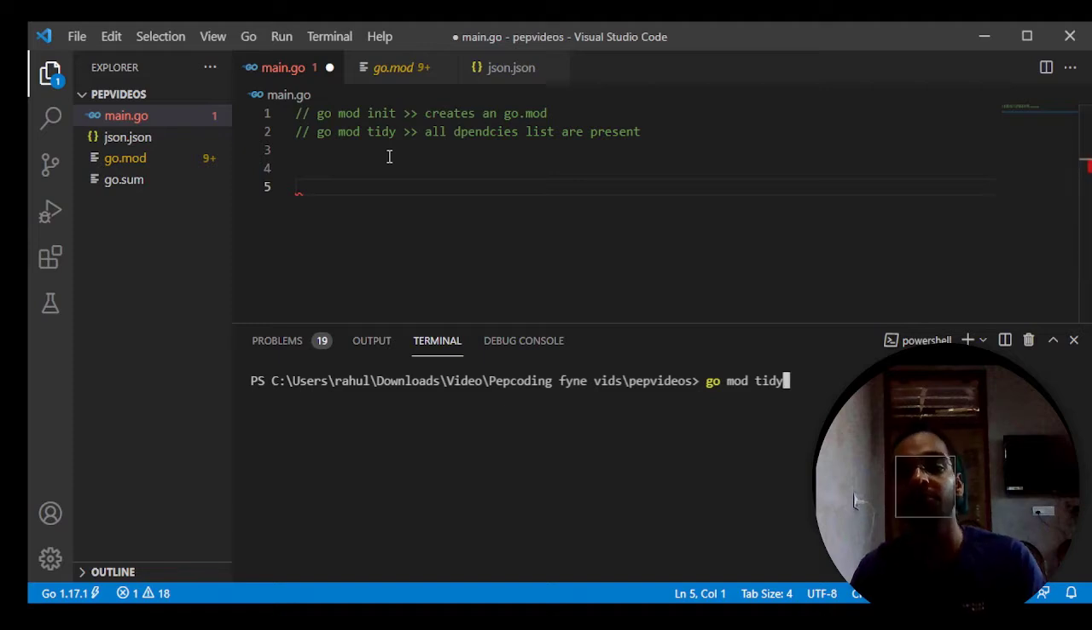Now after that, let's try to make our app. So we will be